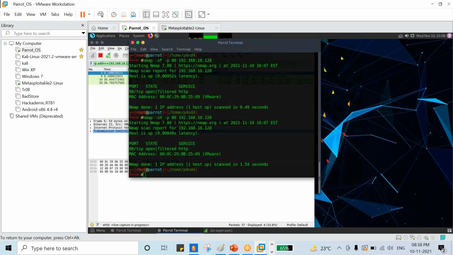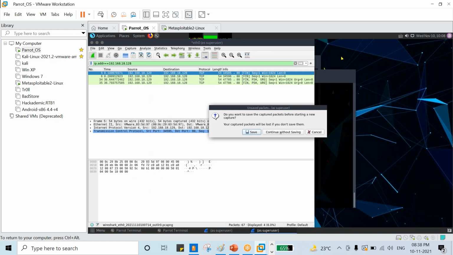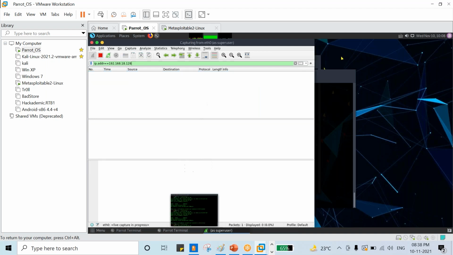Now the last scan is the null scan. -sN on port number 80. Yes. Now I will stop this one. Again, I will start the capture. Yes, we'll go to the terminal.